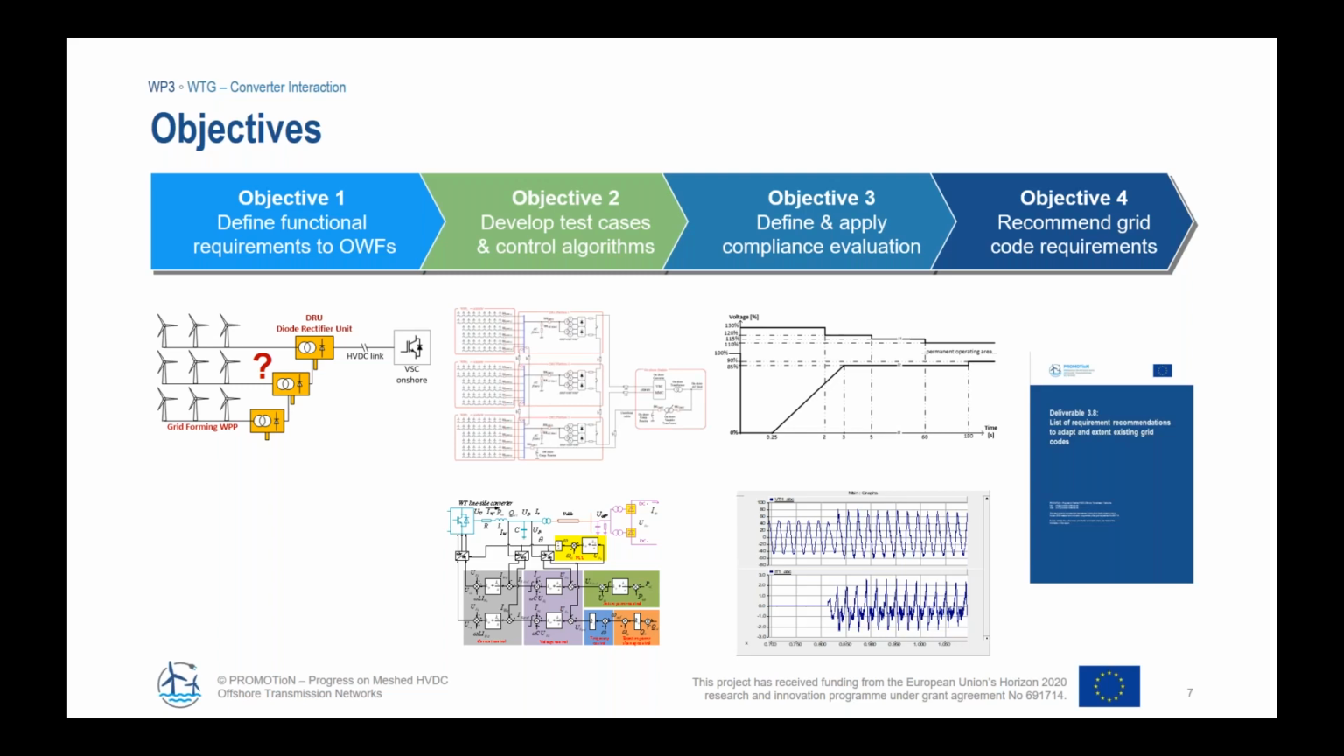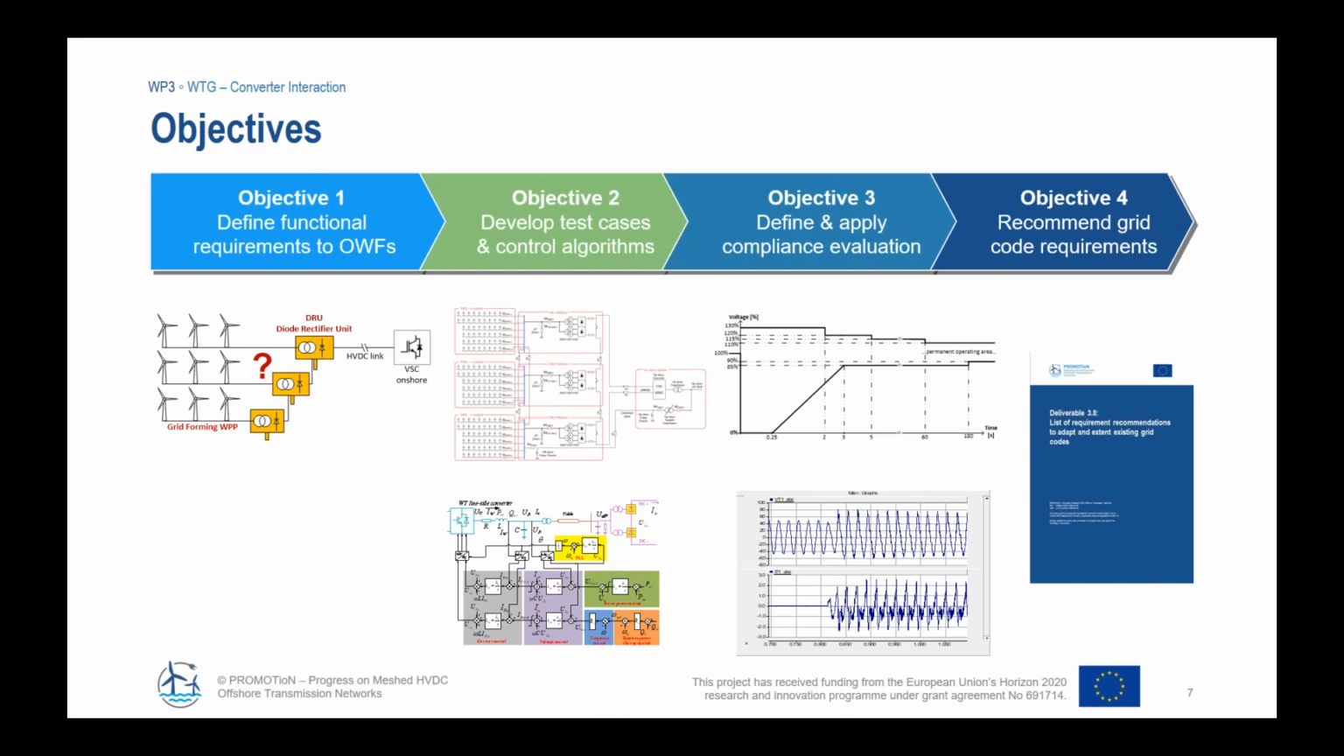So if they are connected to a diode rectifier unit, then actually develop test cases and control algorithms to test these functional requirements. And once we do that, we should also look at how to do the compliance evaluation. And after doing all these things, then inside the project also provide recommended grid code requirements for such an operation. And as I said, we did all those things, those 4 objectives, but during the lifetime of the project,